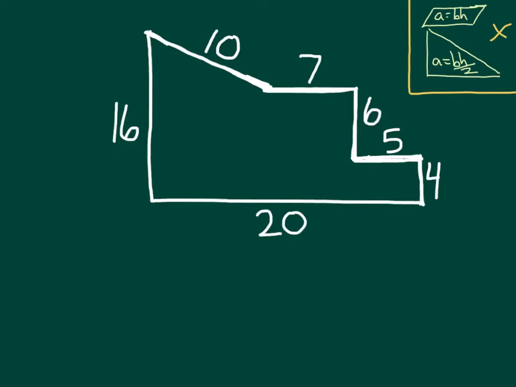My first suggestion is, if you're going to be finding the area, cut it into shapes that we have talked about and that we know how to find. For example, if I cut it right there, I'll be cutting it into a right triangle. And then maybe I'll cut it over here. There are other ways you could cut this, but I've cut it now into a triangle, a large rectangle, and a small rectangle. So we're going to find the areas of each individual piece, and then we'll eventually